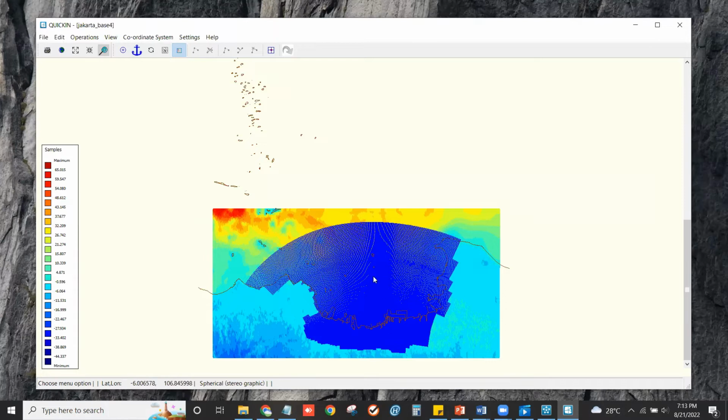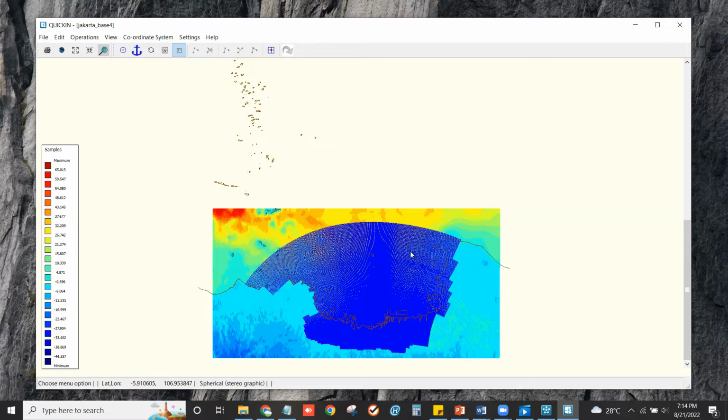The grid, represented in blue color, is the smallest unit of analysis to make a model in Delft3D, and the samples, represented in many colors, are the bathymetry samples which will be input to the grid.